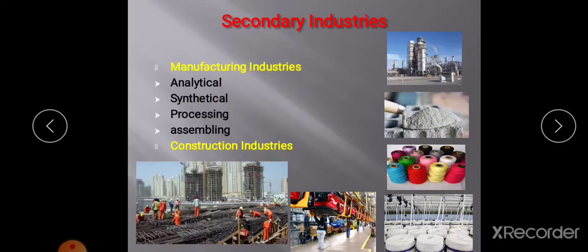So secondary industries are being divided into two: manufacturing industries and construction industries. See, look here, shipbuilding industry. It is the example of construction industry. Then manufacturing industry. See,